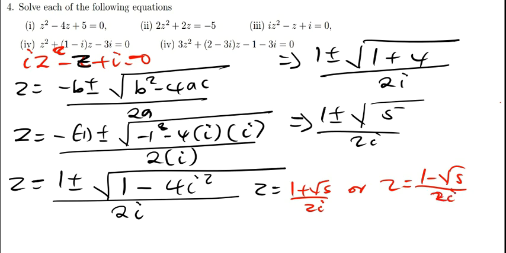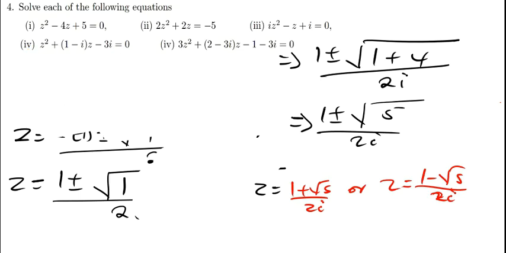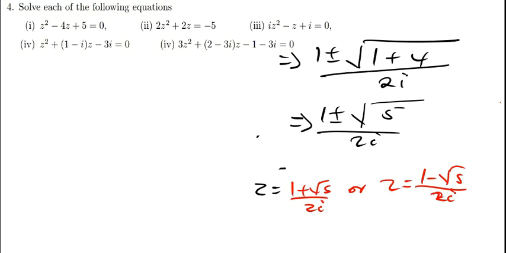But we can't leave our answer in this form, because i should not be on the denominator. The answer has to be in the form of x plus iy. So I'll conjugate the denominator. So I'll say 1 plus the root of 5 divided by 2i, meaning times negative 2i,